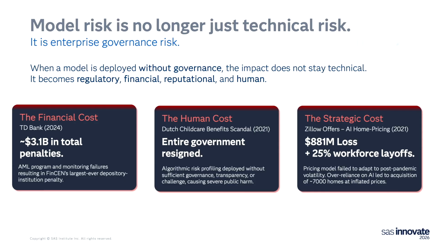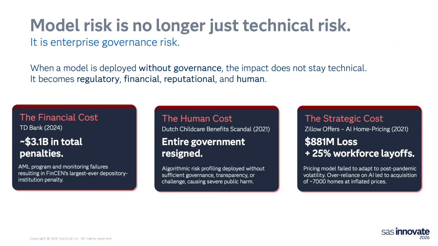There's a case in the Netherlands where, also in 2021, the Dutch government was forced to resign as a result of a scandal, because AI models were put in production to make decisions about child benefits, and families were wrongly accused of trying to defraud these benefits. However, it was actually a mistake, a hallucination of the model, and the families were asked to pay back large sums of money, which caused a lot of trouble within the government, and ultimately the government retired. So this was a human cost of not having the right governance.